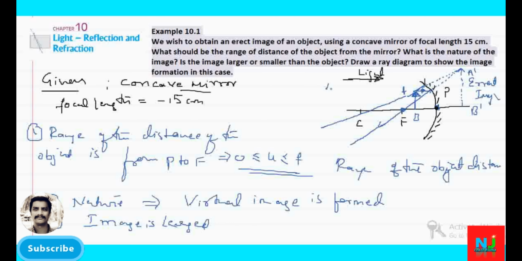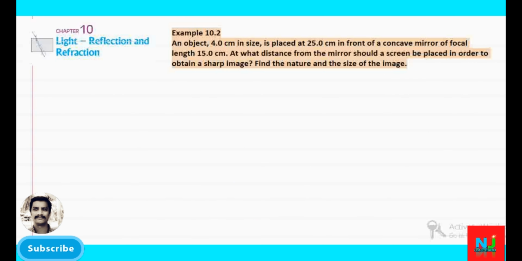Already we have to draw the diagram for understanding the problem better. So, you have to draw the ray diagram in order to understand the problem in a better way. So, this is how we have to solve the problem. Very simple. If you know the table for image formation at different positions of the object, it is very easy to solve this type of problem.